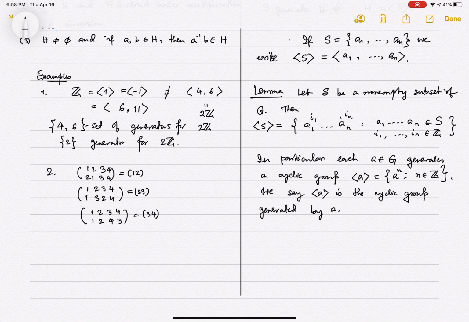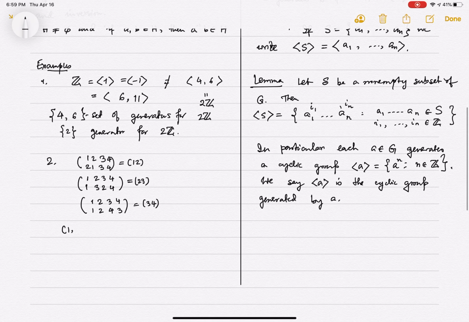So the first one switches 1 and 2 and leaves everything else intact. The second one switches 2 and 3. The third one switches 3 and 4. So these are 3 elements, let's call them sigma 1, sigma 2, sigma 3. These guys are elements of S4. And they generate S4, you can check. This is a rather nice set of generators for